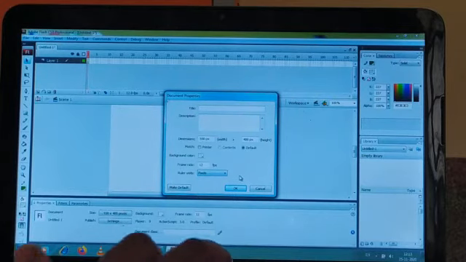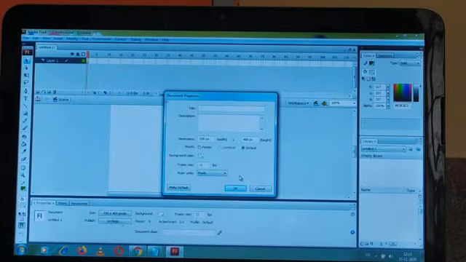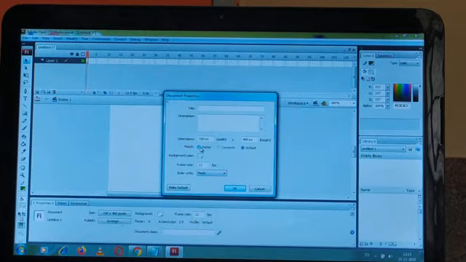Okay, and to set the stage size to the maximum available print area, means if you want to set the stage size to the maximum available print area for printing, then you have to click the radio button, that is the printer radio button. Okay, under the max section you can see the max section also.